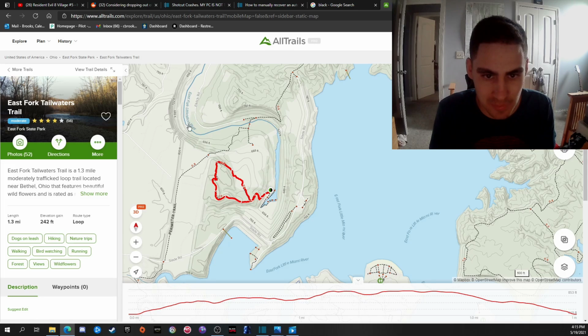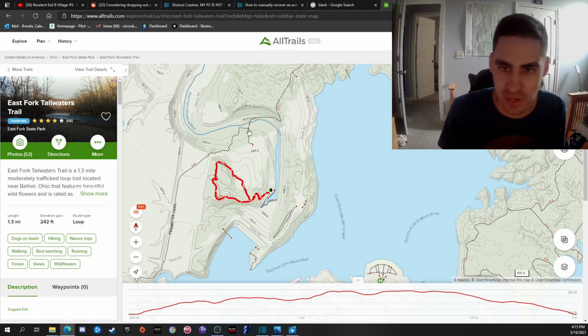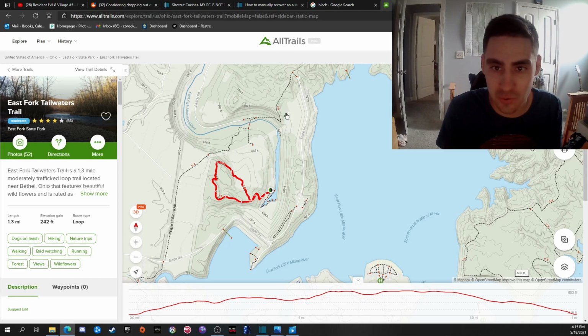This is East Fork Little Miami River. This is all trails, by the way. At this point in my video, my phone had died, and I didn't really have means of researching, and besides, I already wasted probably a few hours trying to figure out how to cross the river. I wanted to get going, so what I ended up doing, and what I suggested people do, was walk backwards, back where you came from, and hit the Slade Road here, and then cut over right here. That was a big mistake,